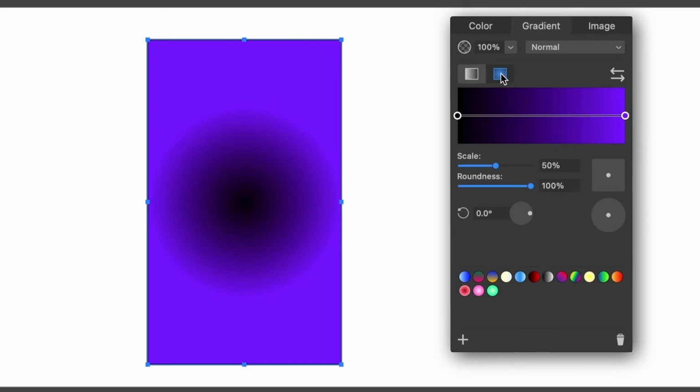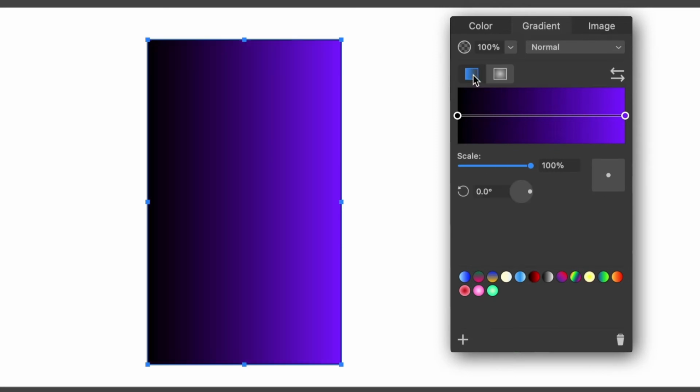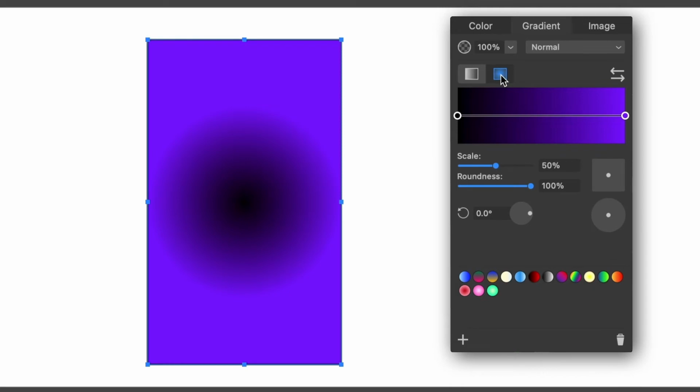Another gradient type that we can use is the radial gradient. These two buttons at the top switch the type. Swapping and adjusting colors work just the same as we did with linear gradients. Now we can skip to the geometric settings. The scale, as we can expect, reduces the amount of one color in favor of another. The position control moves the center of the gradient. The roundness slider lets us squeeze the gradient. In this way, we can fit it into a particular area.